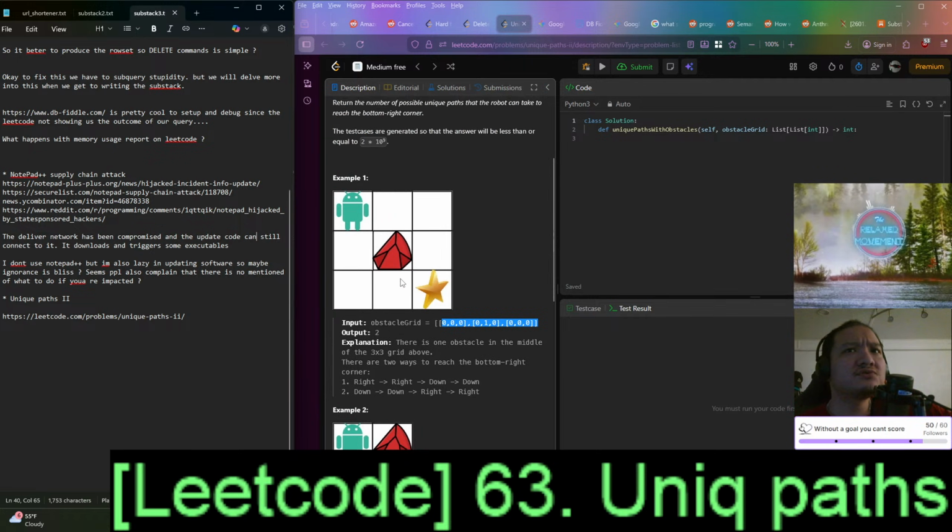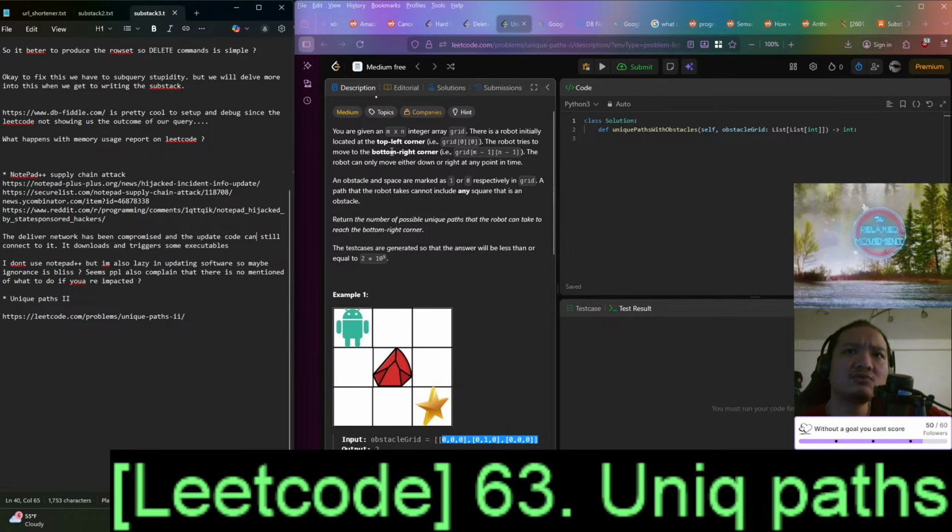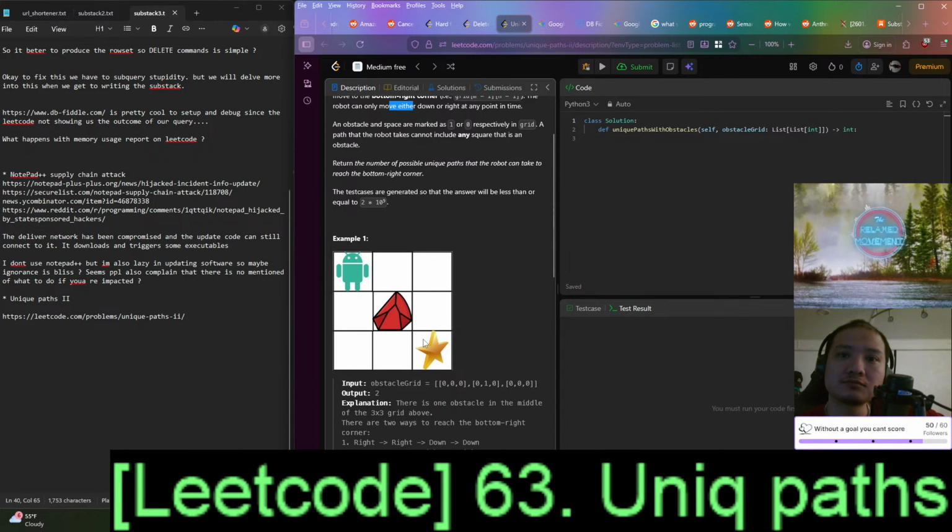The second thing we do is we'll just expand them. We can only do what? Down or right. And wait, we don't even need to loop to get this.